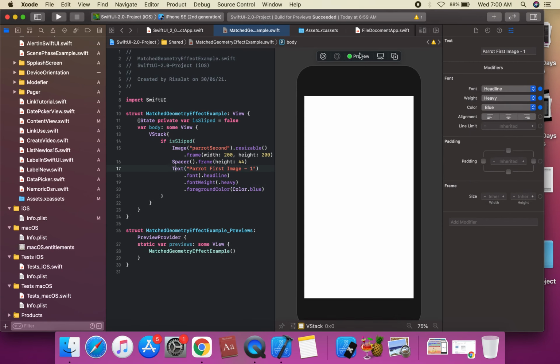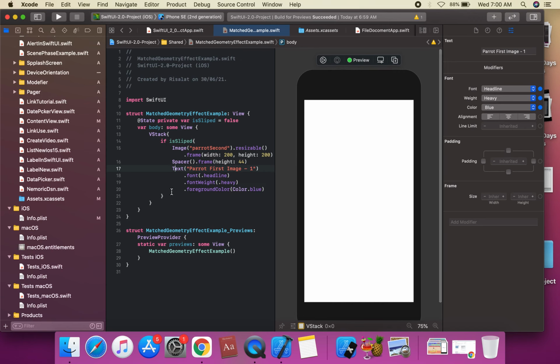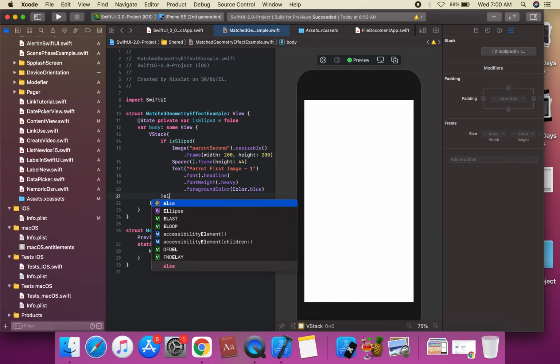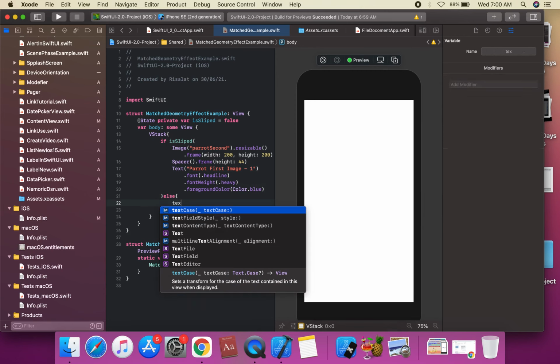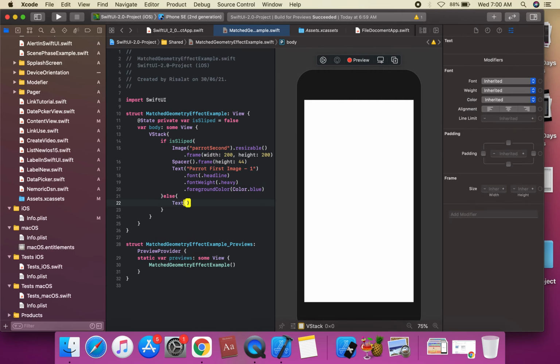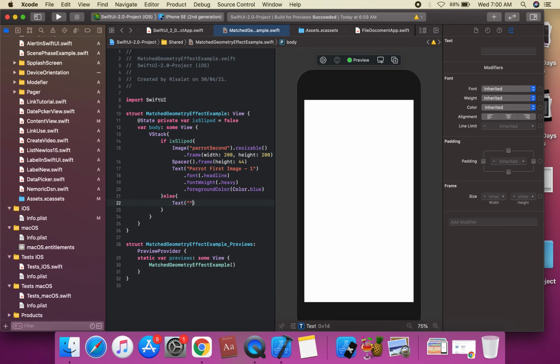Now we create the else statement. In the else, we create a Text, parrot first, and use the parrot second image.